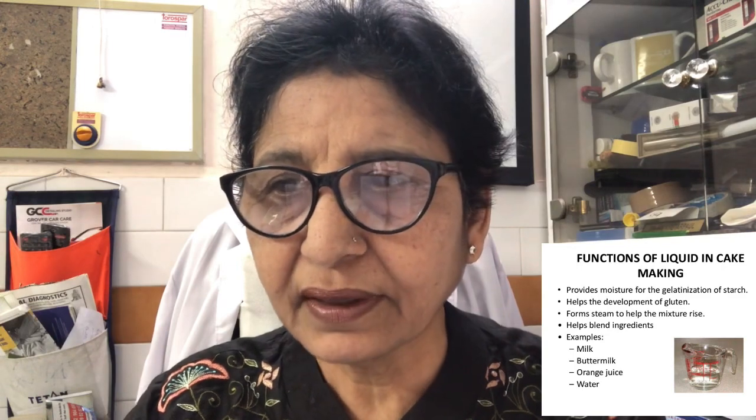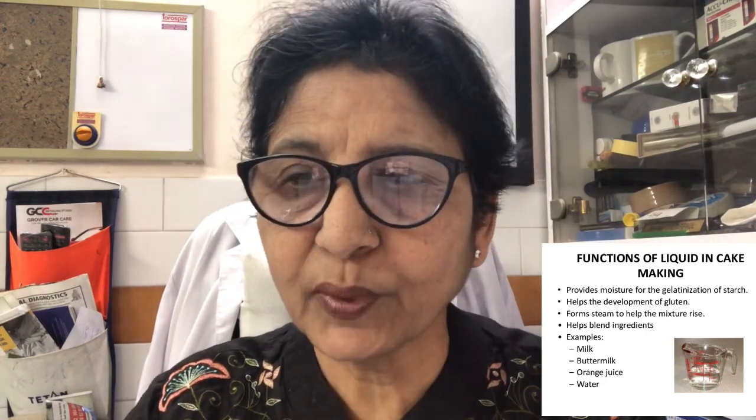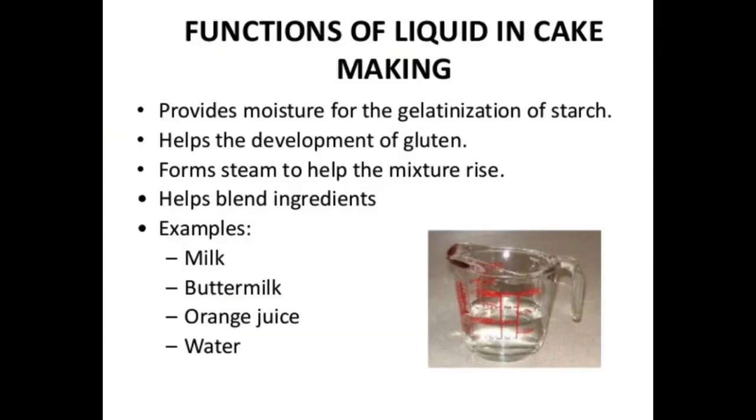The next is vapor pressure. If you have added water in the cake, and it is evenly distributed in the batter, that will form vapors under the action of heat, and this water vapor will exert pressure, as a result of which the cakes will be leavened. All the leavening agents are to be used as per the given recipe. Too much or too little leavening agent is not desirable.